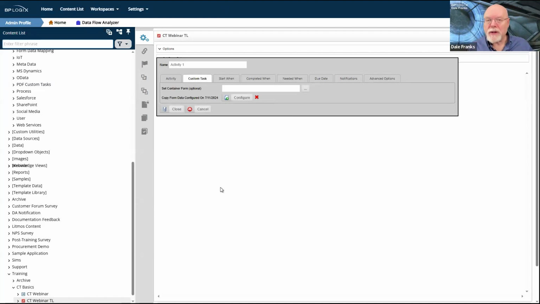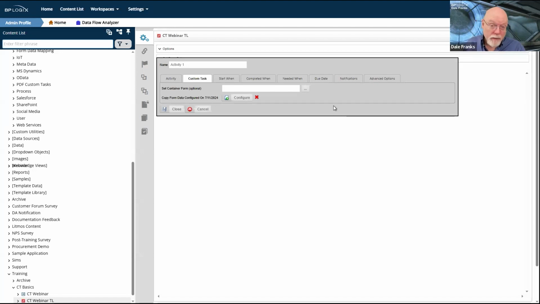The main difference between running a custom task in a process timeline and running it in a form is that when I'm running it in the form, Process Director knows what form I'm running it in. It's run in that form's context. In a timeline activity, Process Director doesn't necessarily know what form you want to use as the base for, in this case, copy form data. It needs to know what your source form is, or as we call it here, the container form. So where is my primary data? What is the source of all of the data that I want? I need to specify this.